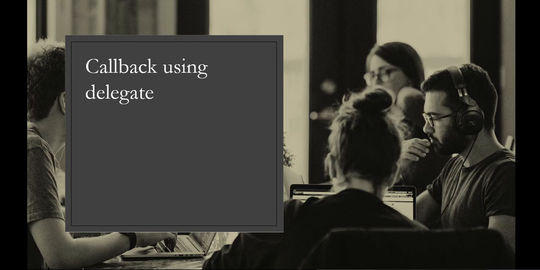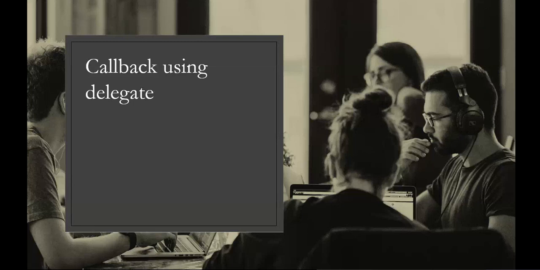So I told you already, the first main advantage of delegate is you can pass a method as an argument to another method using delegate. Means the moment I pass a delegate as an argument, what does it mean? I can directly pass a method over there. Okay, so let's see this application now.